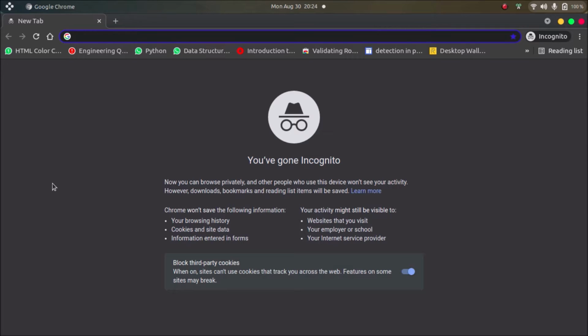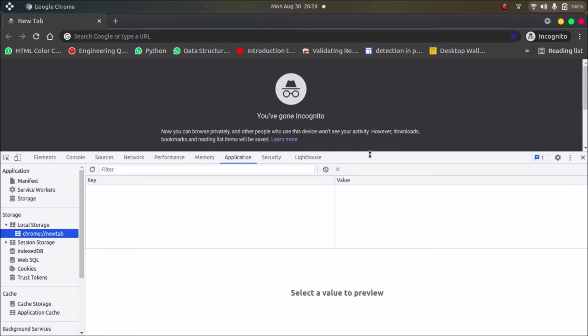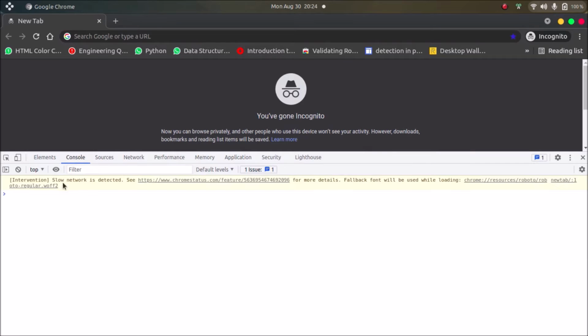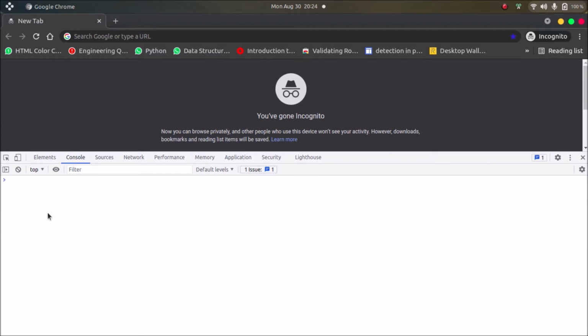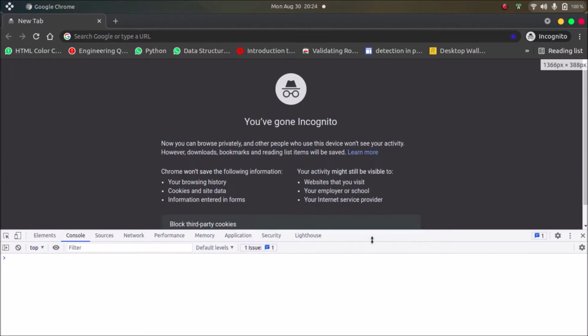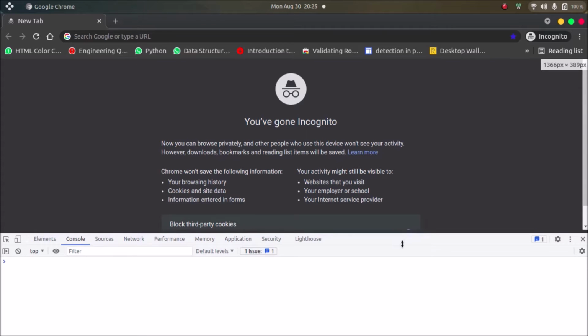So suppose we have a static website or a static web page. Static means there is no API to get the data or there is no database to store the data. Whatever data that we are seeing on the web page is either hard coded or we are taking from the user through HTML input fields. So suppose we have a static web page where we are taking some data from the users with the help of input fields, and then we are displaying that data on the web page.